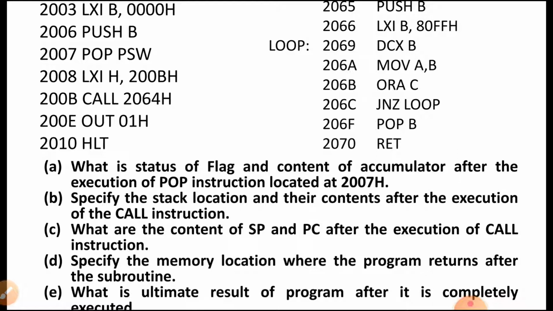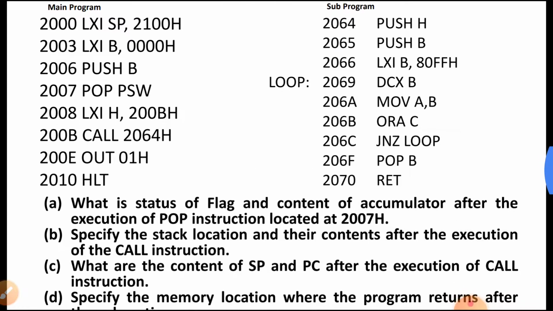Now the second question is to specify the stack locations and their content after the execution of the call instruction. The call instruction is written at 200B.